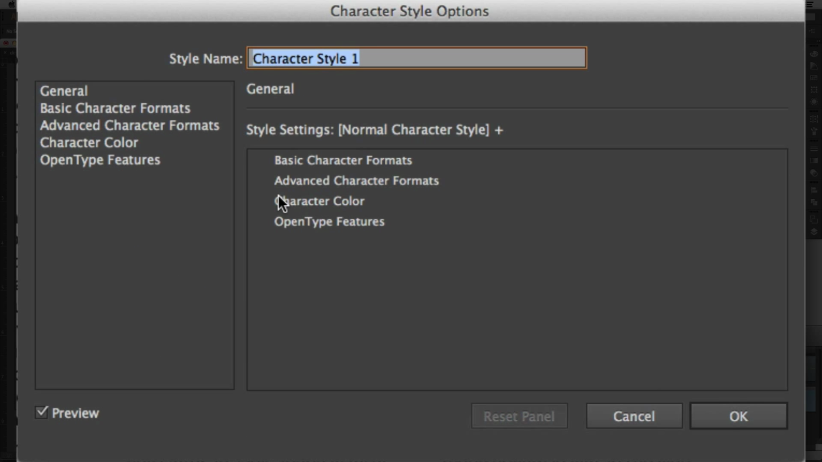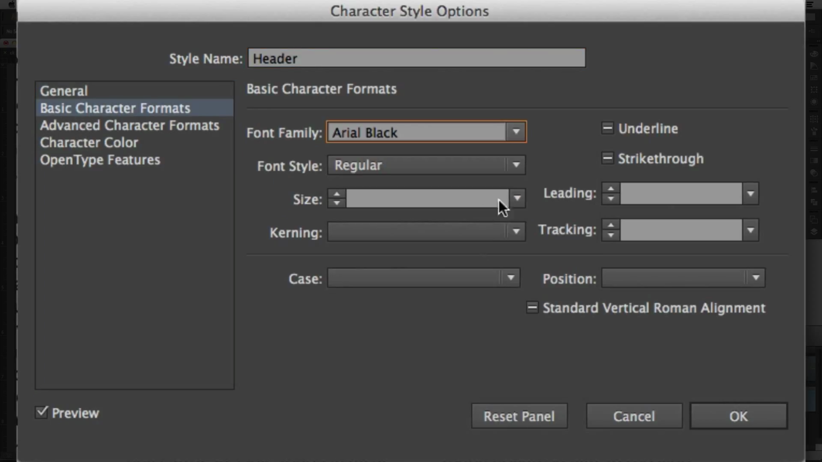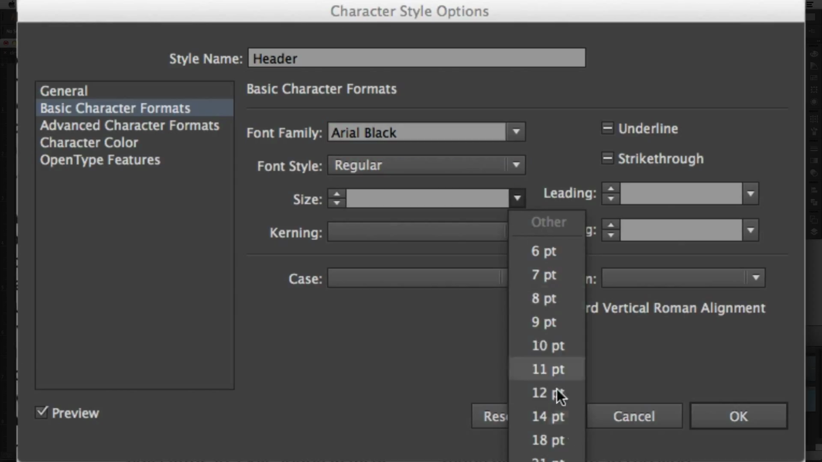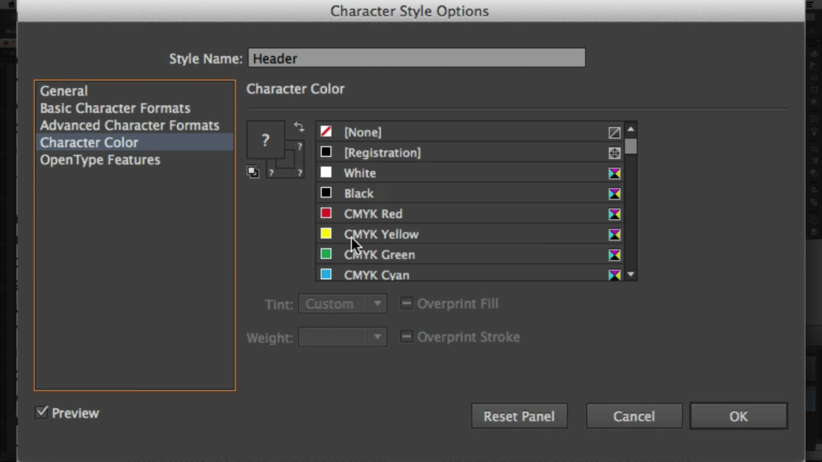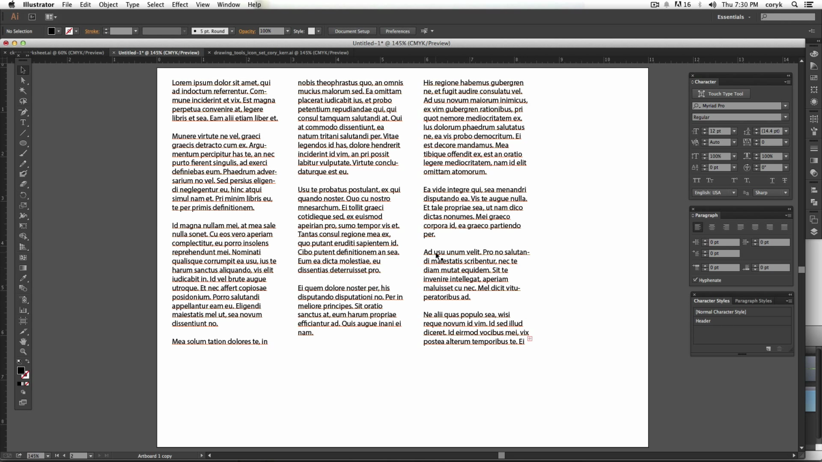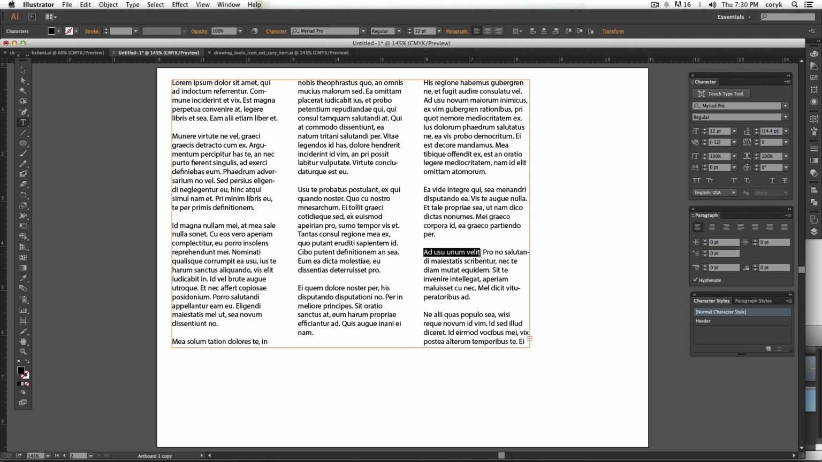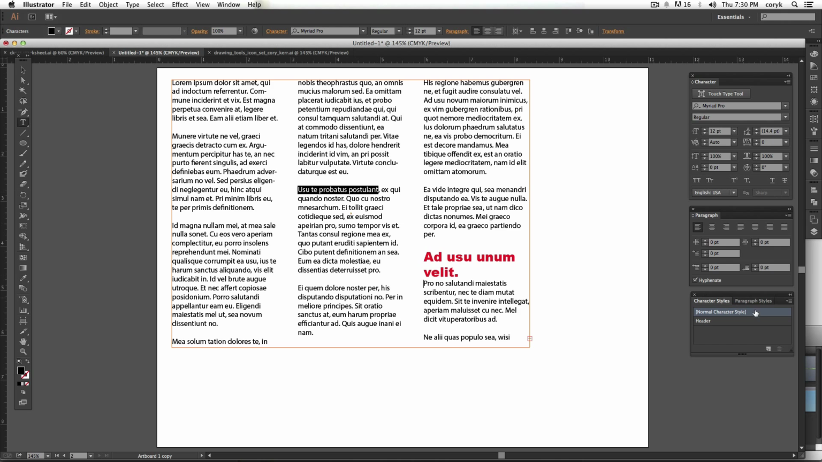We're going to call this Header. And then I can come in here and choose, let's say I always want Arial Black, and I want my size to be 21 inches, and I want the color to be red. Okay, then I click OK. Now, whenever I highlight anything, I can apply that character style and it will change that thing. And one of the great things about this, so let's apply this several times,